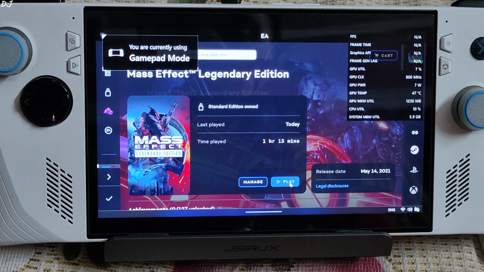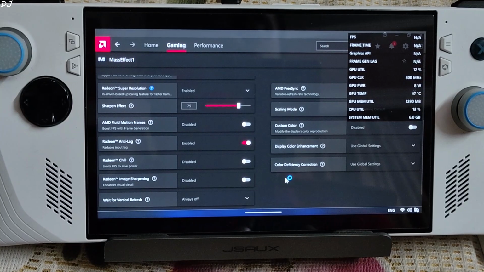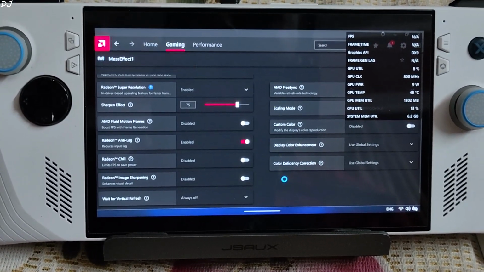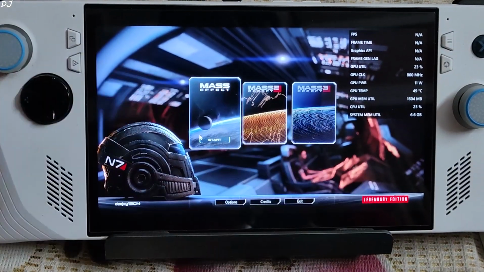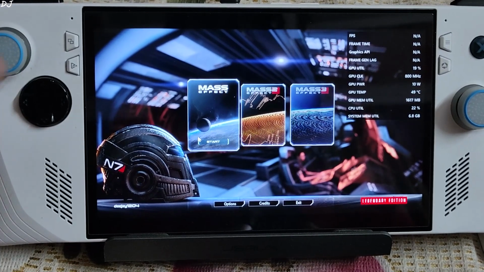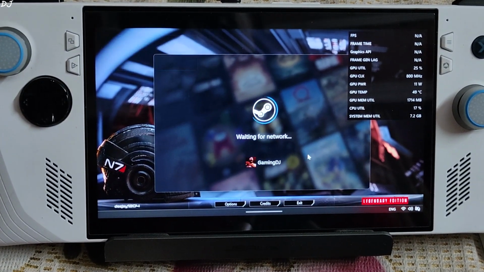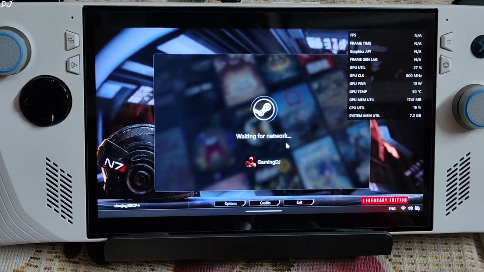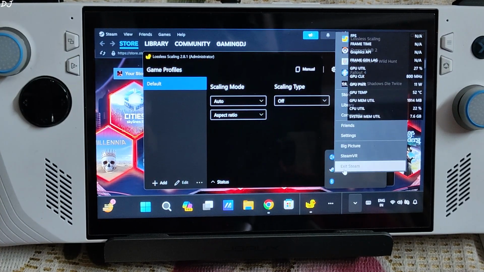Launch the game. Games launcher will start. From the launcher, I'll be selecting Mass Effect 1. Connected my GuliKit KK3 Max gamepad to Ally via Bluetooth mode. Forgot to launch lossless scaling application. Need to keep it running in the background. Steam is starting. You don't need Steam to be running while using lossless scaling app. App started. Now I'll close Steam, exit,